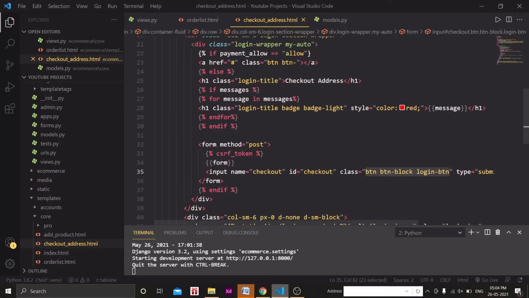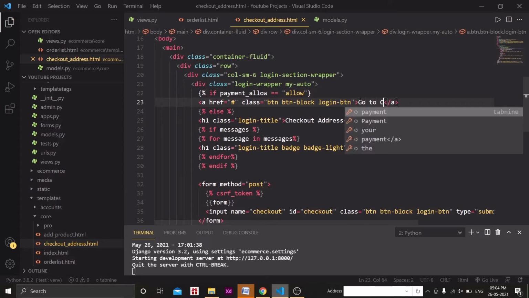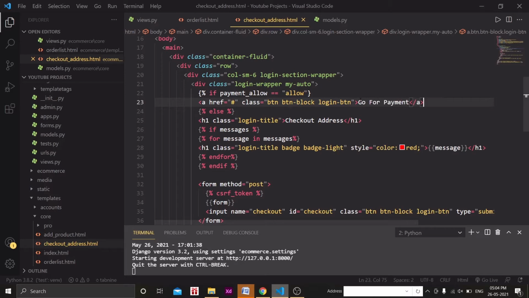I will just copy this and paste inside the class section. So we will have the same design of anchor tag also, and we can say go to payment page, right? Go for payment, we can say, either say this, or you can write anything. So this should work actually.